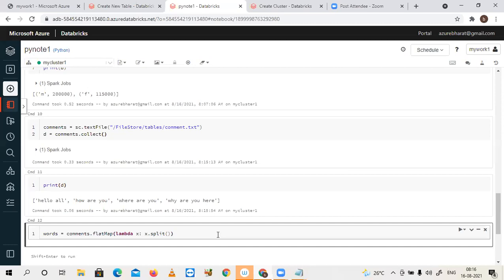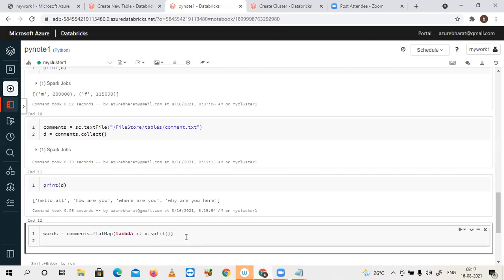Because if you apply a delimiter, what will happen? The problem is if you apply a delimiter like this, because there are some 2 spaces or 3 spaces in some of the words, at that time multiple empty strings you will be getting. Default is white space. To get white space, give like this. Don't give any delimiter. Space is the default delimiter here. Okay, check the value of these words now. d equal to words.collect.